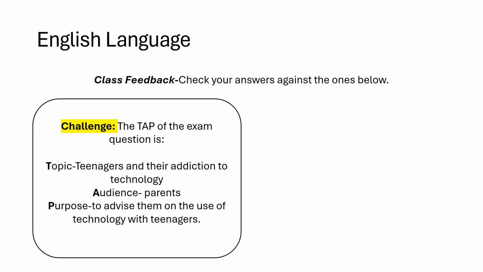Now it's really important that you go through this process because things like the audience would really dictate what kind of tone you need to use in your writing, because you want to make sure that you're writing to advise, persuade or inform, and the audience is going to play a crucial role in how you approach that kind of question.